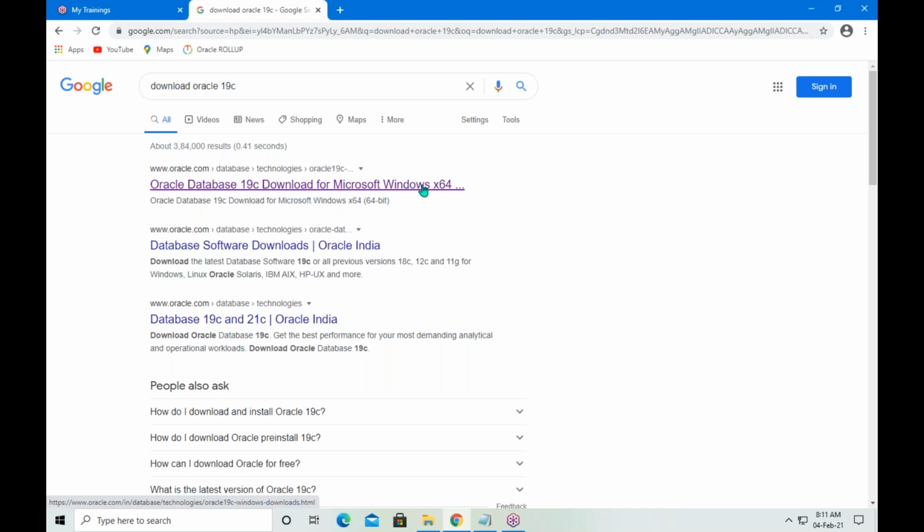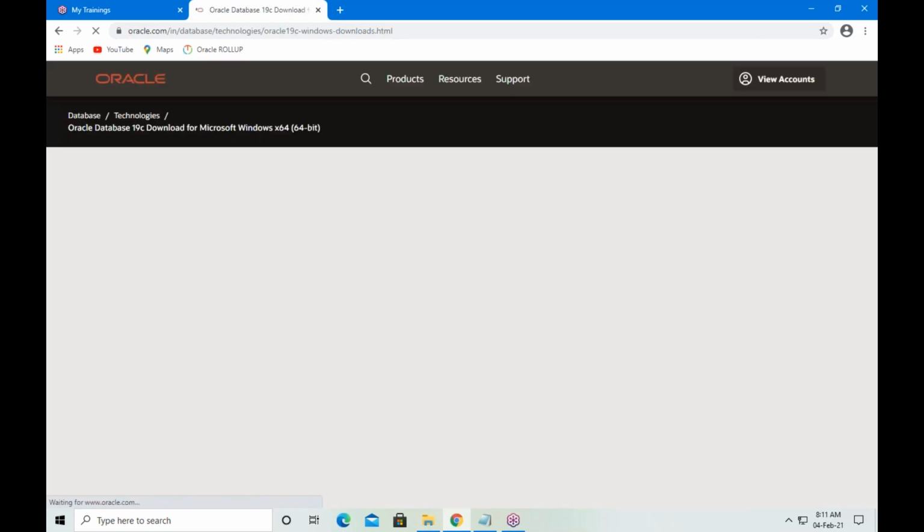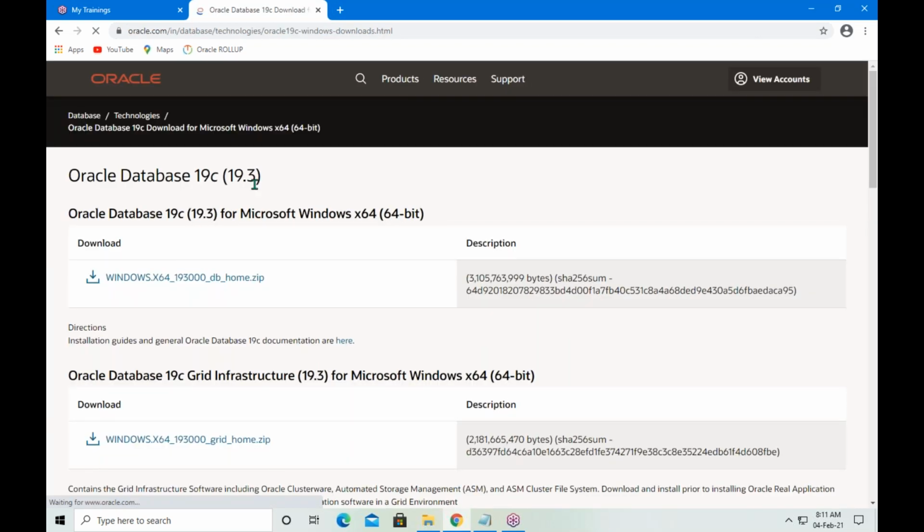download for Microsoft Windows 64-bit OS. Here you can see. So select this. If you select the link, then it is displaying download link here.